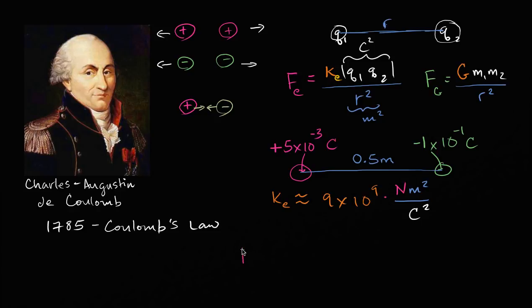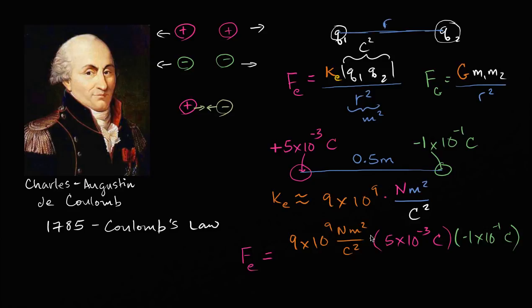So it is going to be, and this is really just applying the formula, 9 times 10 to the ninth, and I'll write the units here, newtons meter squared over Coulomb squared. And then Q1 times Q2. Let me just write it all out for this first time. So it's going to be times 5 times 10 to the negative 30 coulombs times negative 1 times 10 to the negative 1 coulombs. And we're going to take the absolute value of this, so that negative is going to go away. All of that over